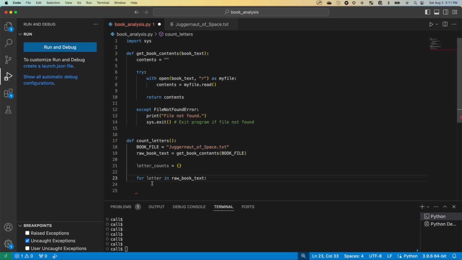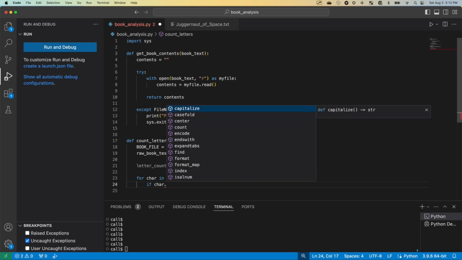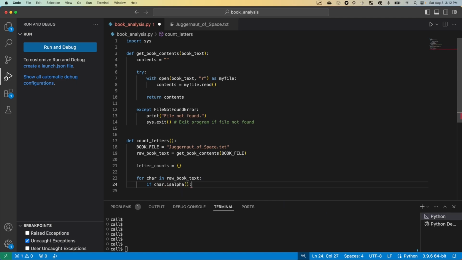So we will iterate every character in the string. Remember, strings are iterable, and we can iterate through every character. So we can say we'll call it letter for letter in raw book text. So actually this may be better for char, for character in raw book text, because not everything will be a letter in there. But we can determine what will be a letter by saying if char dot, we're calling this on a string, is alpha. So if it's a letter, part of the English alphabet, A through Z, then let's